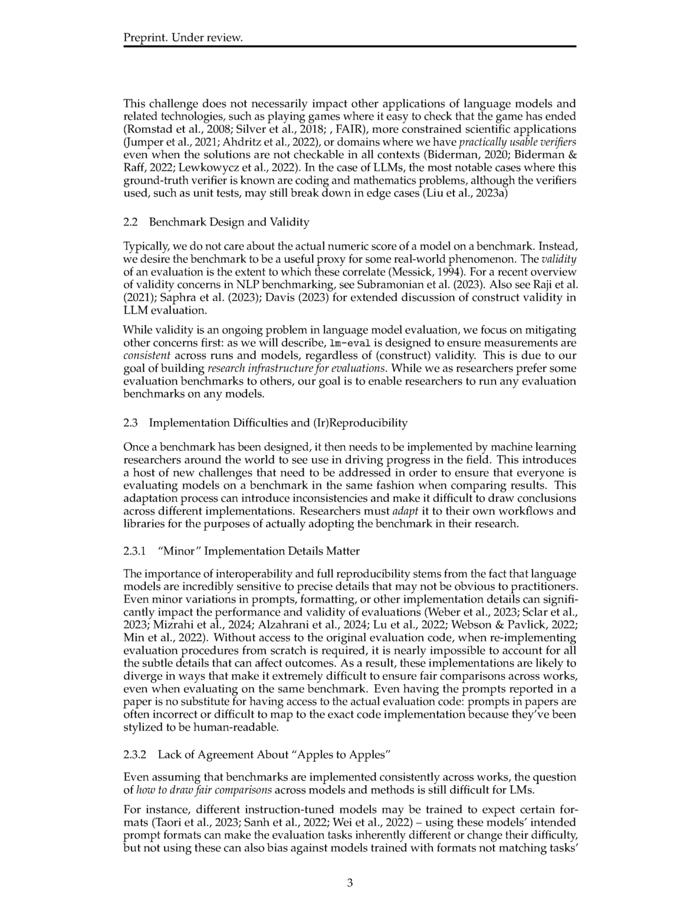Section Summary. In this section, we address the challenges in evaluating language models, particularly focusing on the key problem of assessing semantic equivalence in different ways of expressing ideas. We discuss the limitations of relying solely on human annotators due to cost and potential biases, leading to the use of automated metrics like BLEU and ROUGE, despite their flaws. Additionally, we highlight the importance of benchmark design to ensure that evaluations serve as reliable proxies for real-world phenomena, emphasizing the need for consistency in measurements across different models and runs.